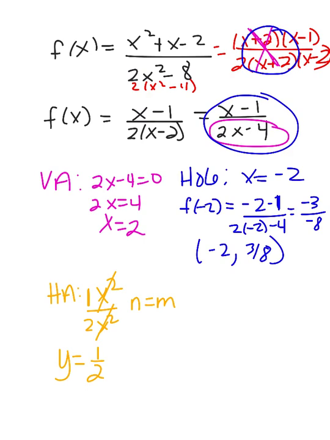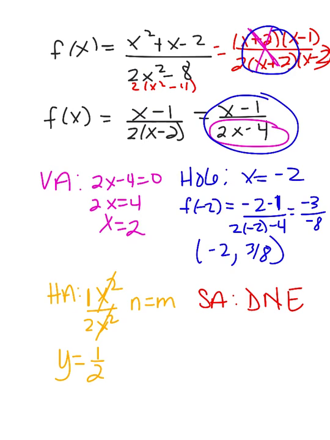And then the last one is my slant asymptote. There is no slant asymptote when the degrees are the same. So we just write does not exist. So if you have a horizontal asymptote, you don't have a slant asymptote. You can only have a slant asymptote when there is no horizontal asymptote. Okay, so let's take a look at